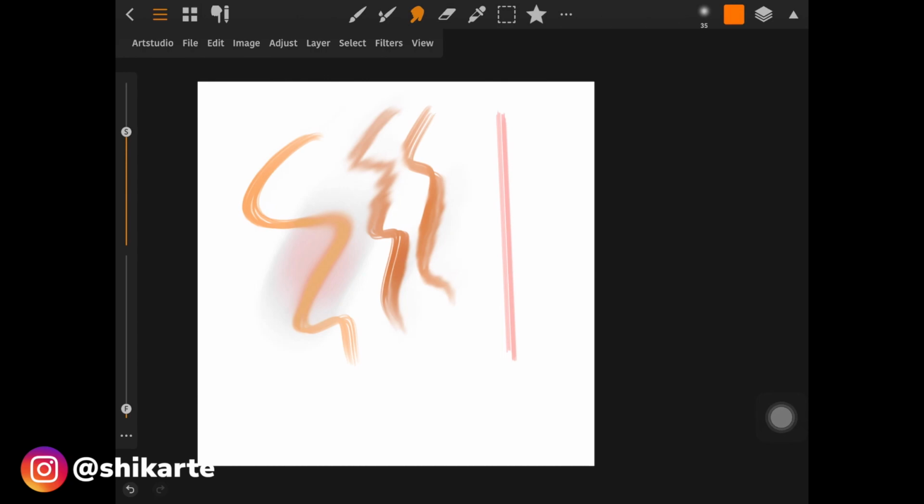Also, for the price point, it is not that expensive. It is a little higher than what Procreate charges you, but I think it's worth it because it is actually providing you a lot of additional features and functions also. So that is the reason why I think it is worth it. So it is really good for digital painting as well as graphic designing, because we have a lot of functions from Photoshop as well. So it is good for both. So if you are one of those who deals in graphic design and digital painting as well, then this app